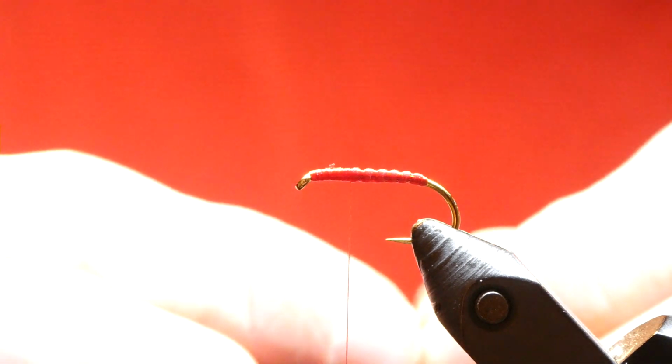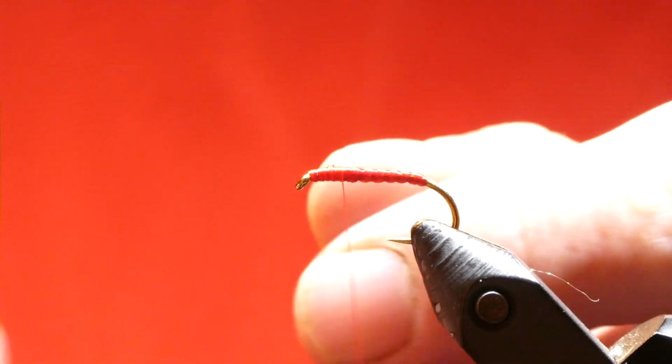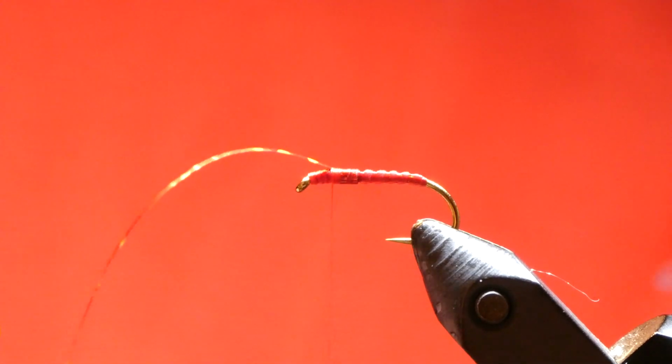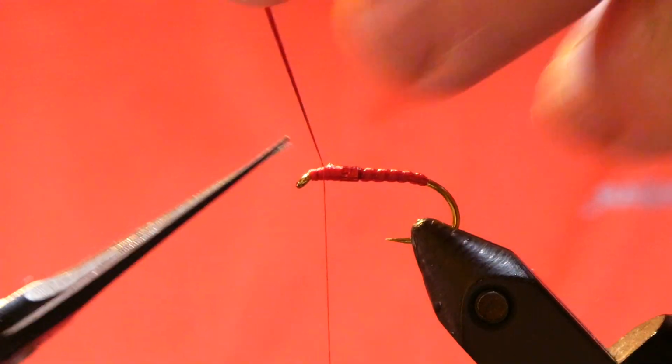And for the collar, like I say, this is a kind of Vicar style bloodworm, the wee Vicar buzzer. So I've got red holographic, and again you can use anything you want, but I'm using red on this. You can use silver, gold, green, whatever. And every time you tie something in, just bring it up to the head just to create that little bump. Two turns of this and tie that down. Cut off the waste,